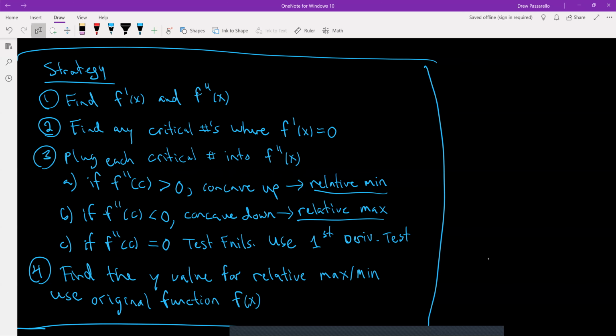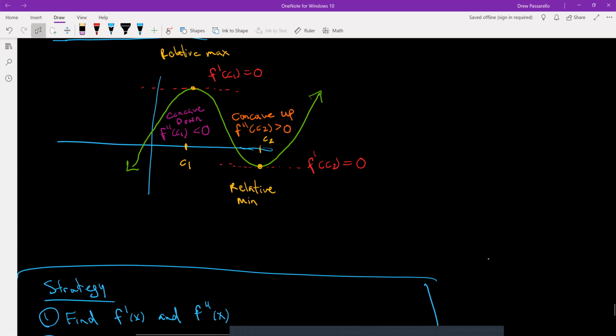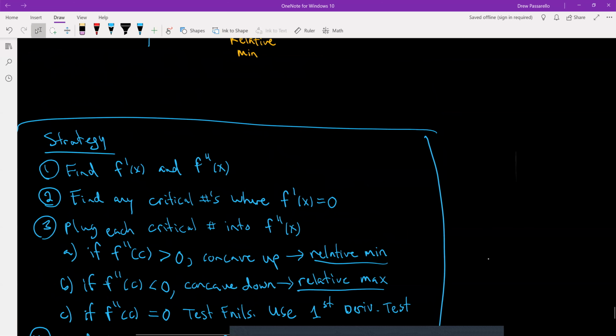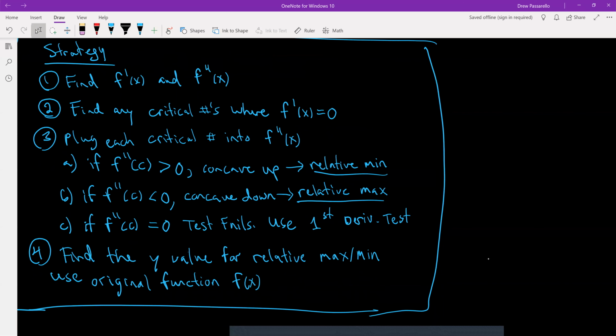If the second derivative is positive, or greater than 0, that means the graph is concave up. And if it's concave up, like in our picture here, we have a relative min. If the second derivative at the critical number is less than 0, so if it's negative, it's concave down, which means there's going to be a relative max. Now, the third case: if the second derivative at C is equal to 0, the test fails, and you have to use the first derivative test to make any conclusive